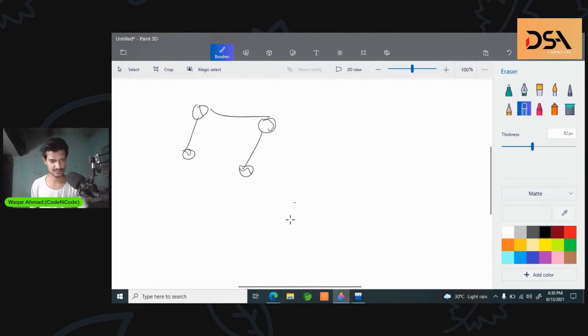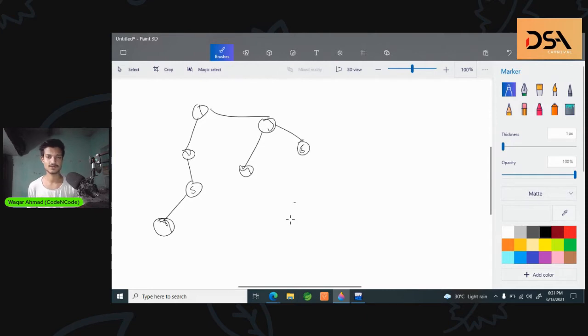For that, let's just increase the size of this node 1 2 3 4. Oh, sorry. Node 5, node 7, and node 6. Okay, so this is the tree we are working with, and let's go ahead and learn about